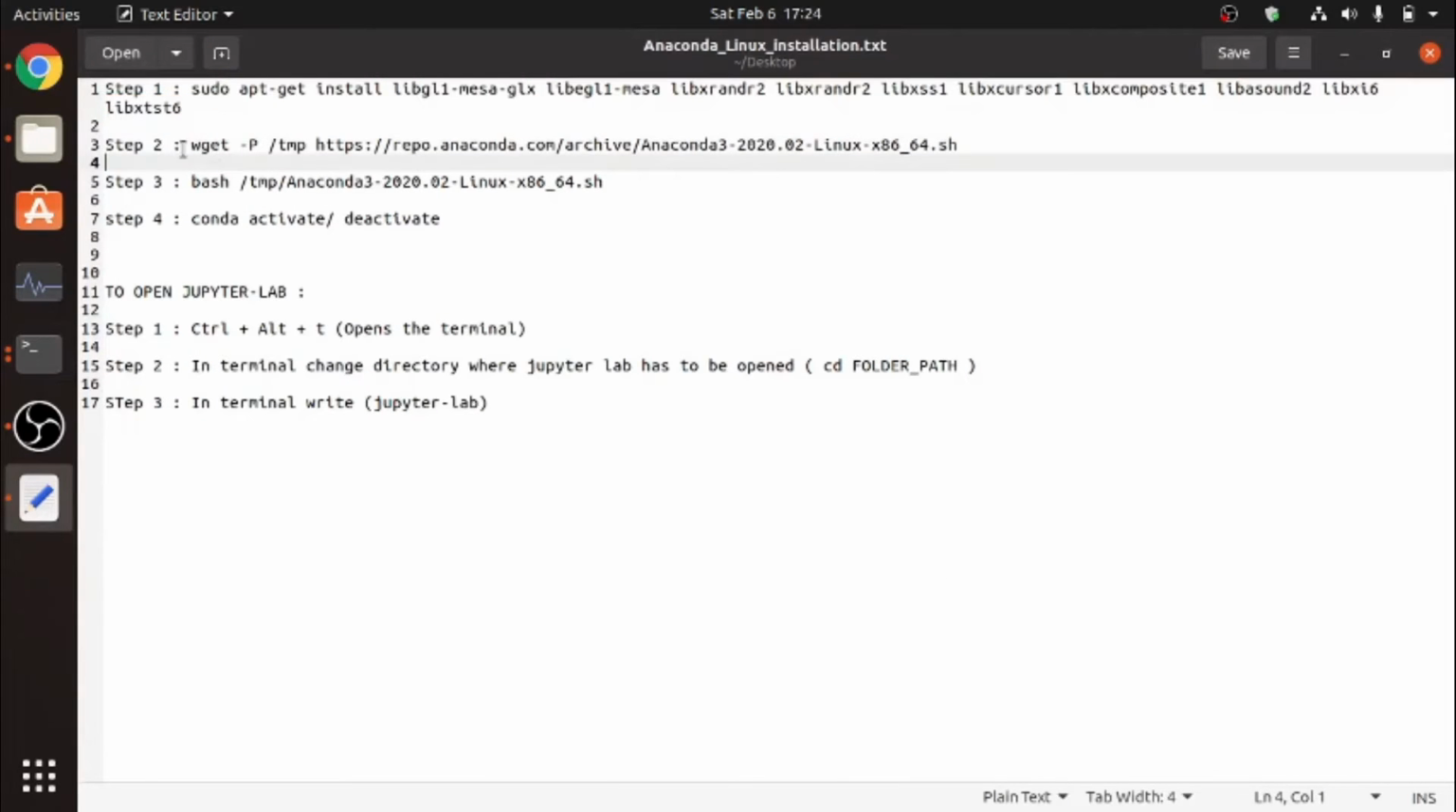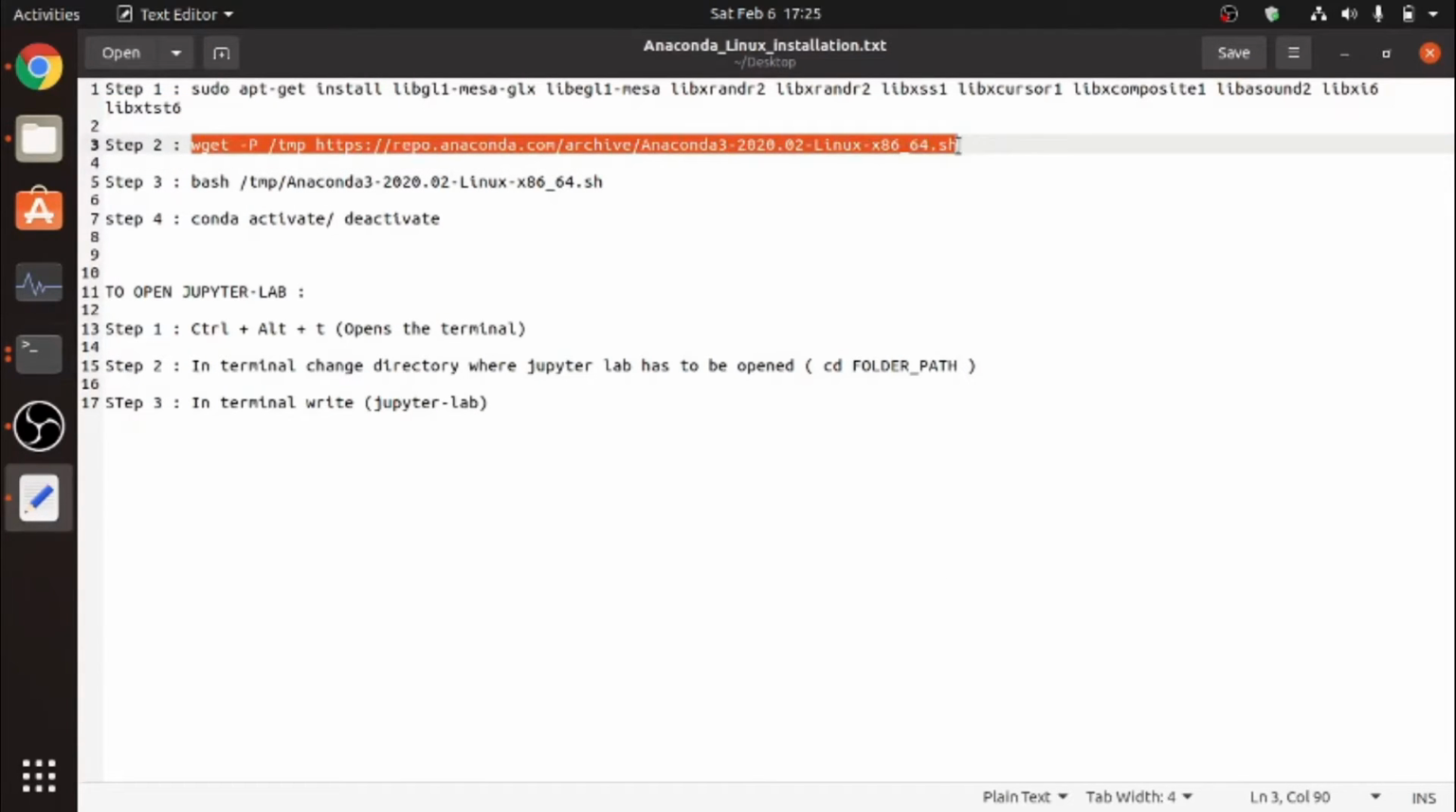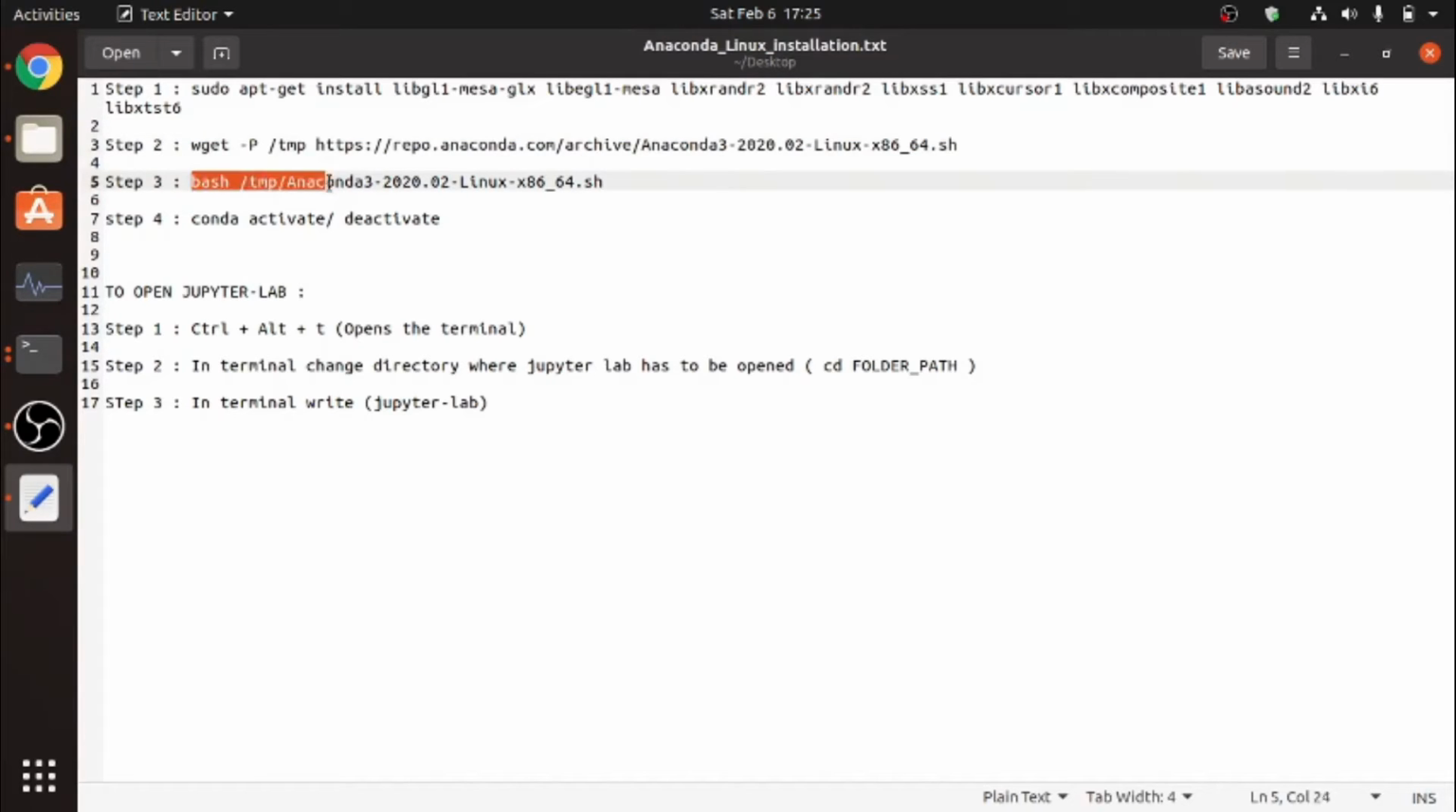Then copy this next command into your terminal also, and it will fetch the actual Anaconda software to your downloads or a temporary folder, and then execute this bash file. It will execute the steps which you need, and follow the steps where you need to enter yes and press enter, and so it will install. Now for step 4,